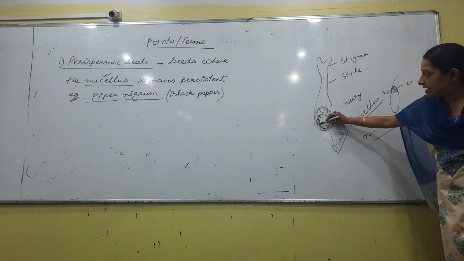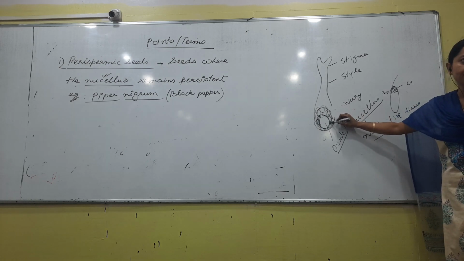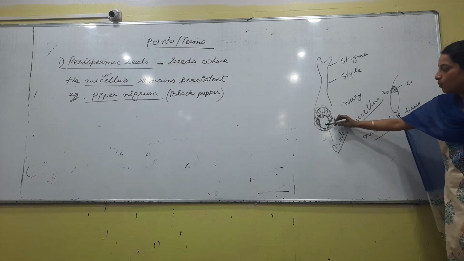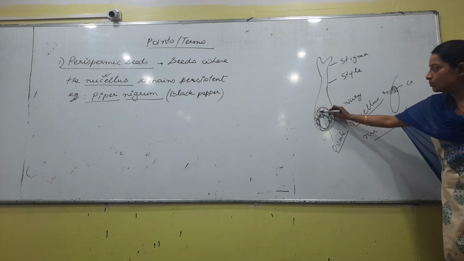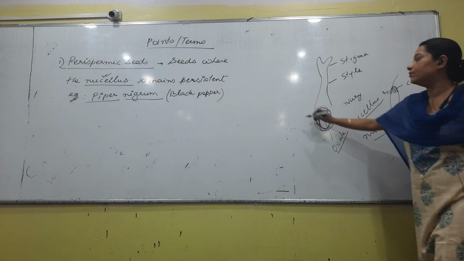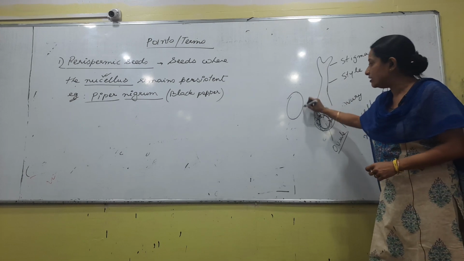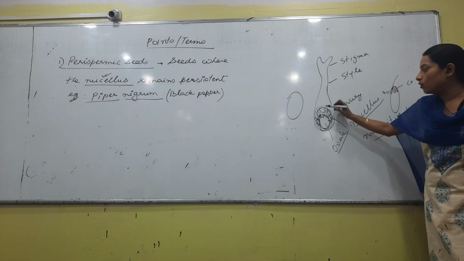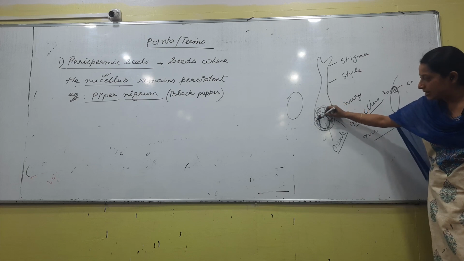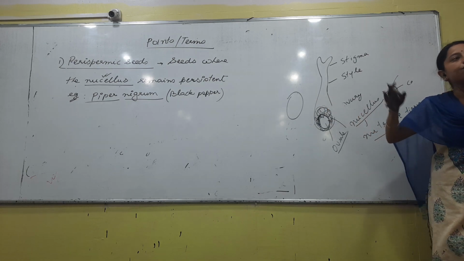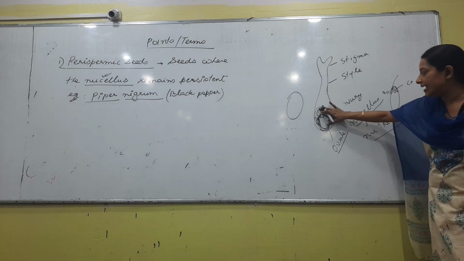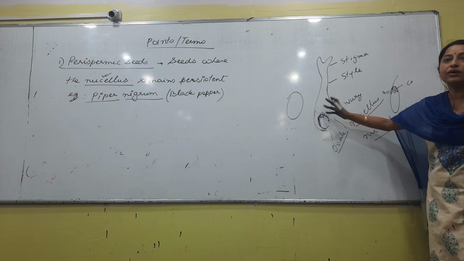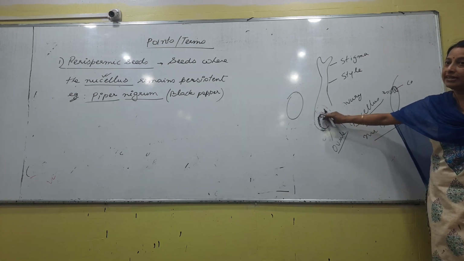Once the ovule starts growing, it will require food. From where will it get food? From the surrounding nucellus. So, once the ovule starts growing, the nucellus will get absorbed, and ultimately when the ovule is fully developed, you will no longer see the nucellar tissues. Why? Because all the food of the nucellar tissues has been taken by the developing ovule in the process of growing. Once it becomes mature, the entire nucellar tissue becomes degraded, because its contents have been given to the ovule, right?